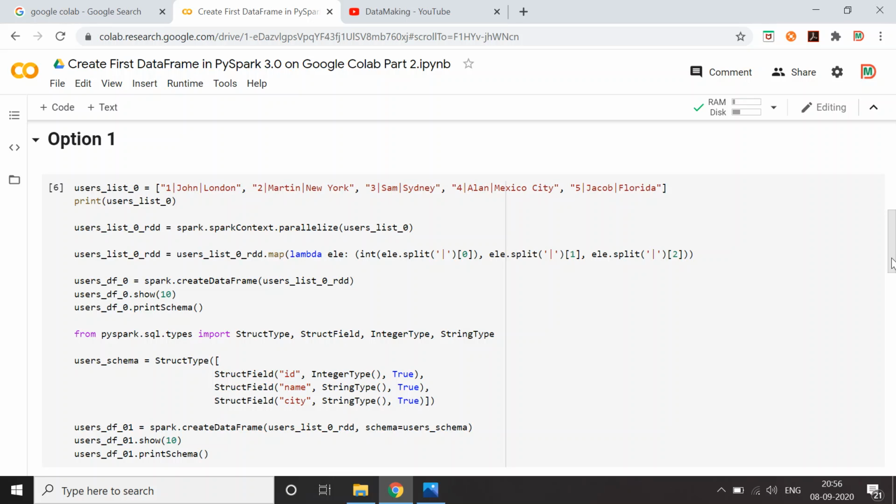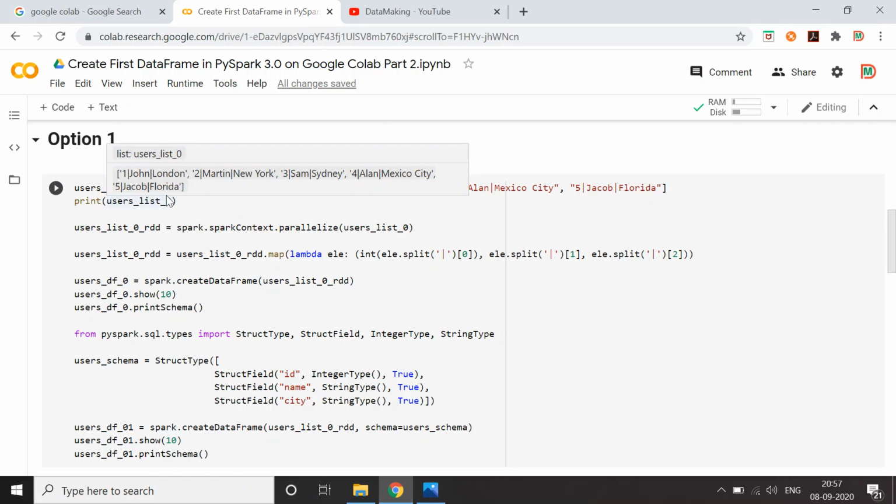Even though it is structured data, you might have it in a file system, for example a CSV file or a JSON file, or in a text file. Say all your structured data is stored in a text file with some delimiter, delimited with the pipe symbol. How do you take the data and create a data frame out of it? For simplicity's sake, I put five rows into a list. I have not read from the file, but you can also read from the file. We will see that in other videos.